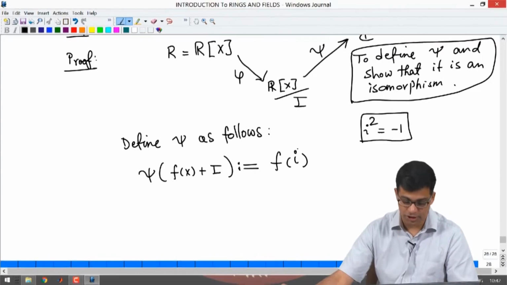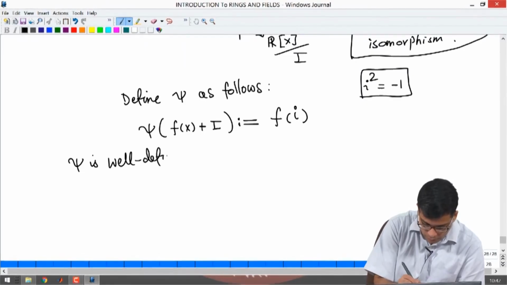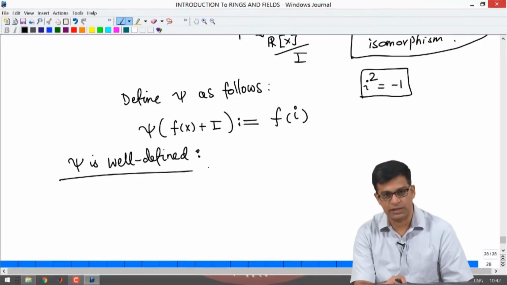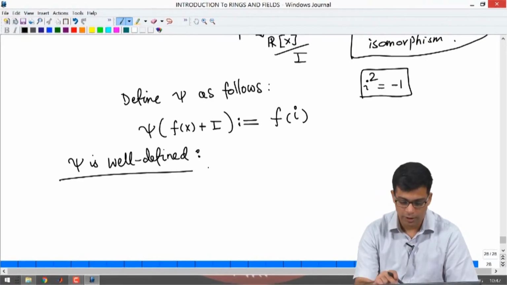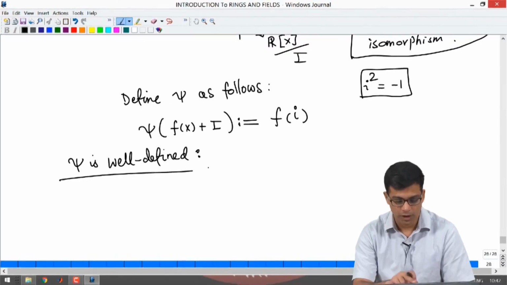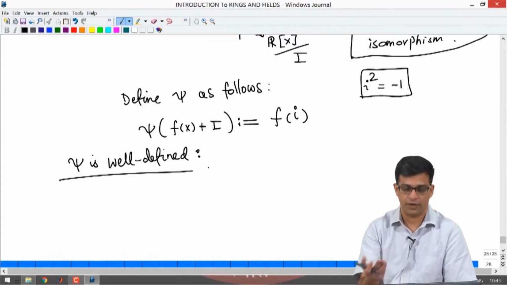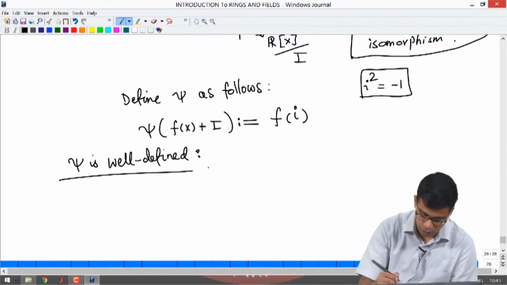Again, the question is: is psi even well defined? That must be proved, because for this coset f(x) + I, maybe you choose g(x) as your representative and then your image will be g(i), or you choose f(x) and my image will be f(i). So, f(i) and g(i) should be equal to each other for this to be well defined. So, what we need to show is